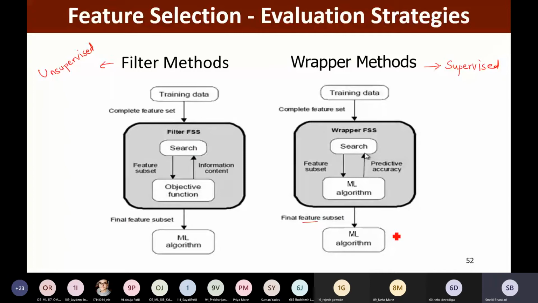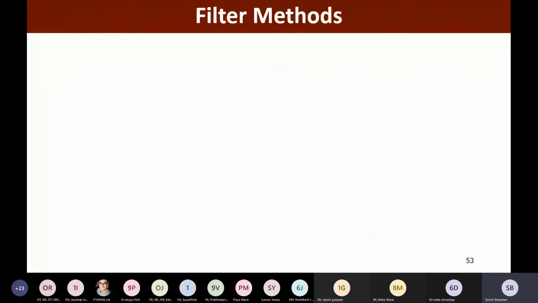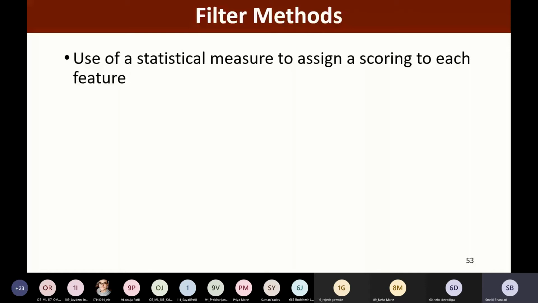So let us first begin with the filter methods, and we'll see how these filter methods are used to find out the feature subsets. We'll be focusing on one such method with examples, so that you can understand how the process works. In filter methods, typically we are using some statistical measures to assign the score to each feature.